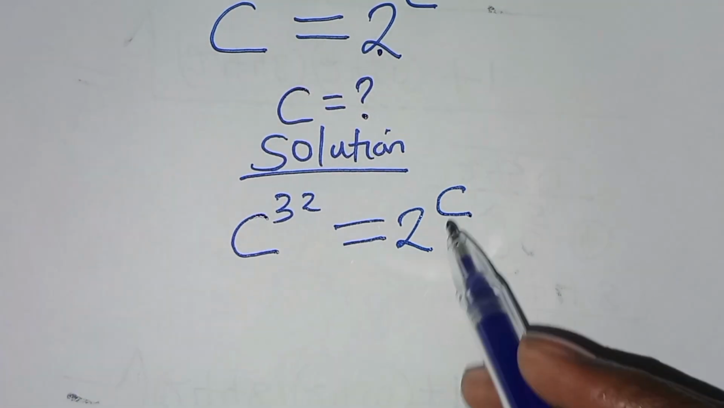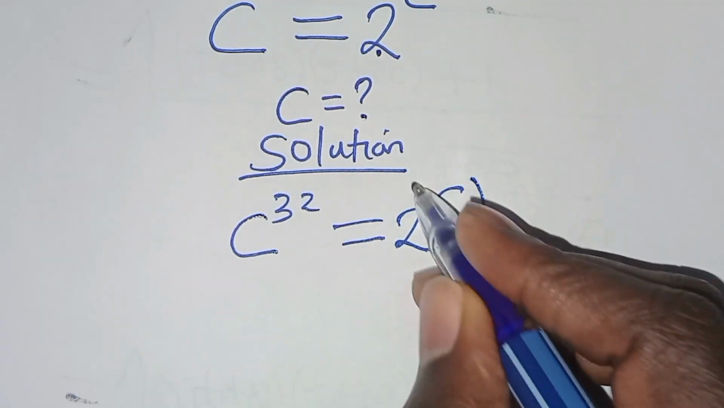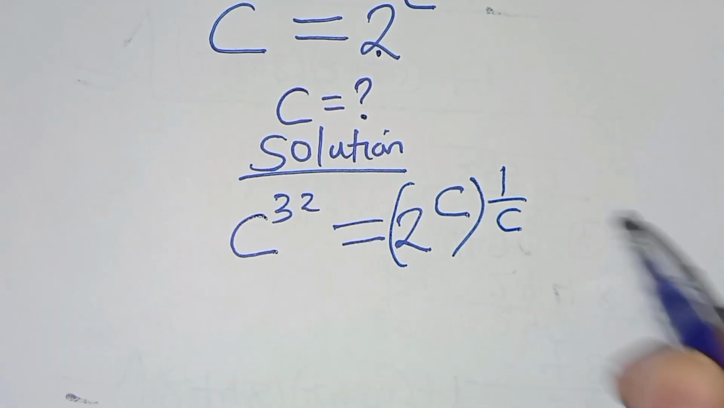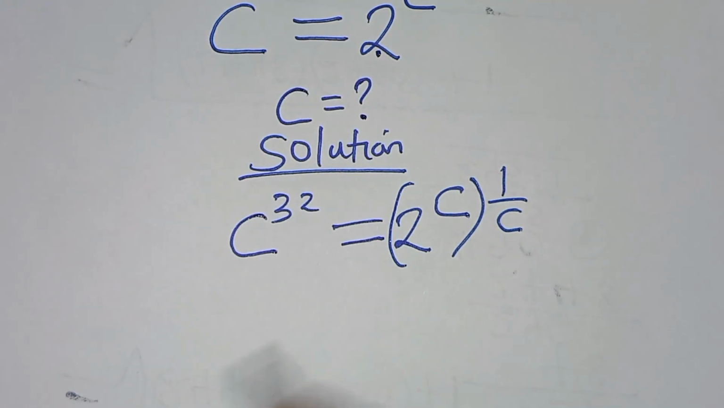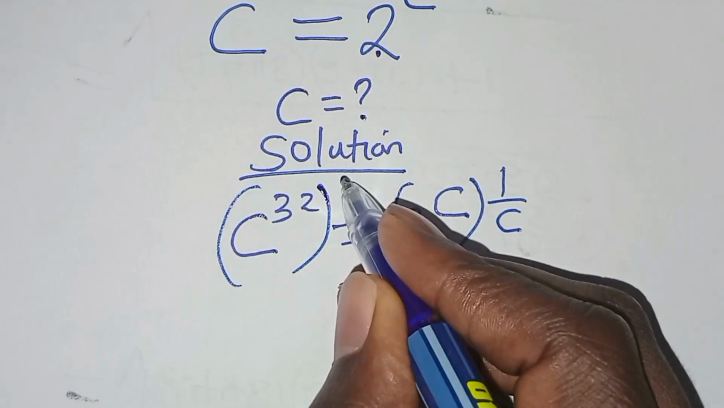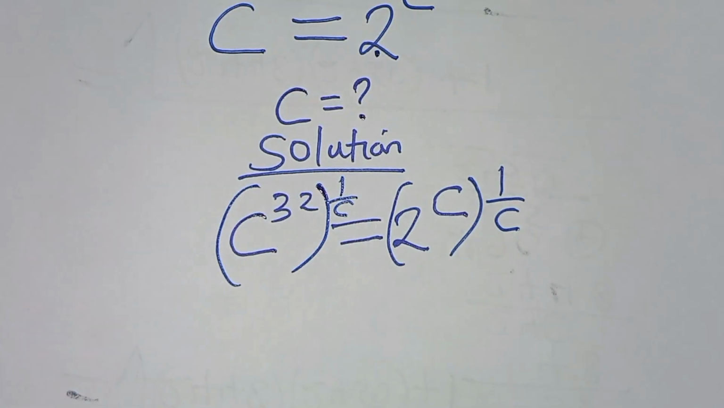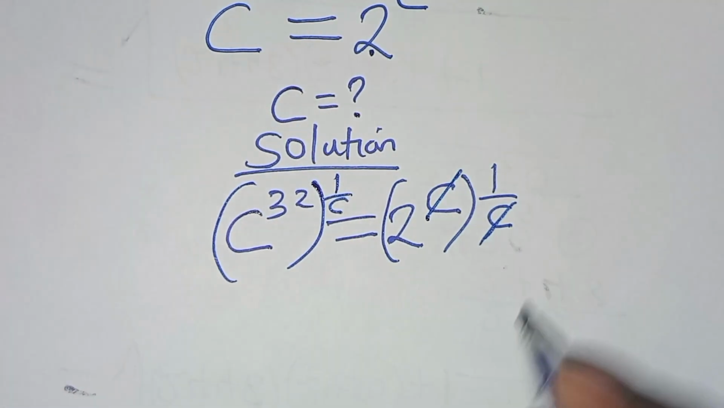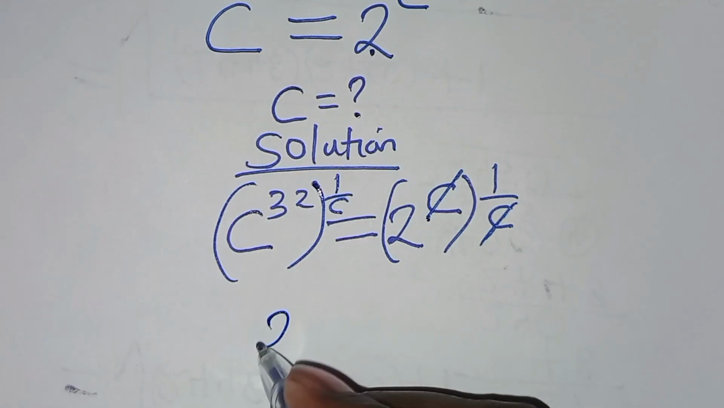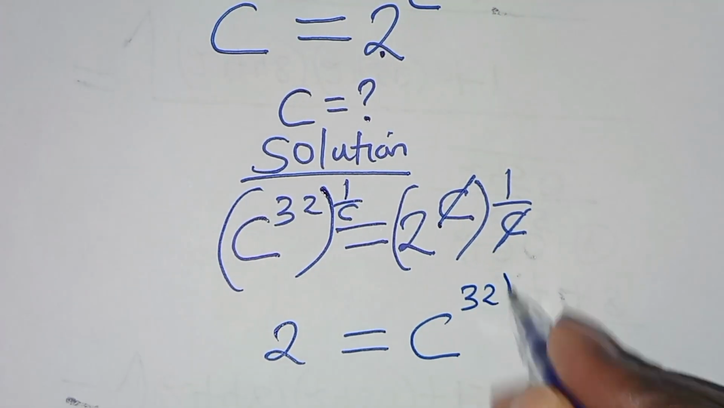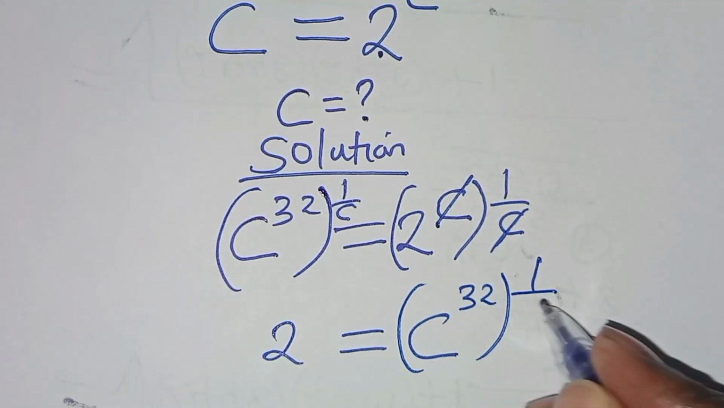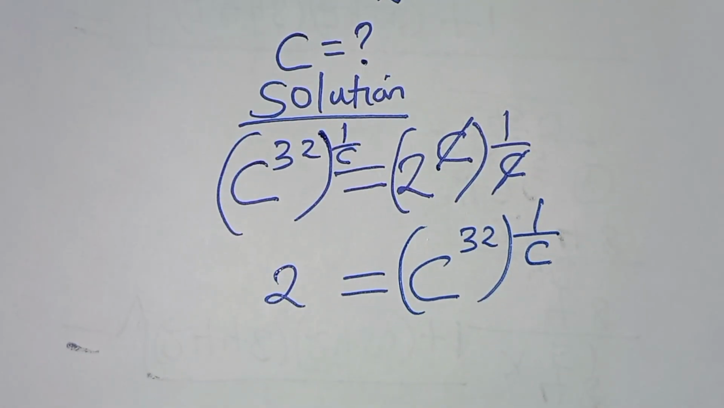So the first thing to do here, let's multiply both sides by 1 over c, so that we put variable c on one side and the constant term on the other side. So we'll have here 1 over c. So c and c simplify here. So here we'll have 2 is equal to c to power 32 raised to power 1 over c. The next step here,